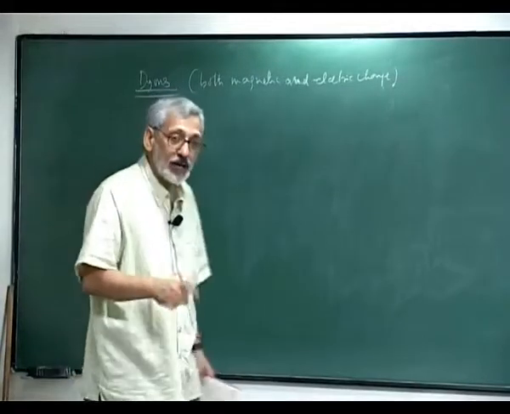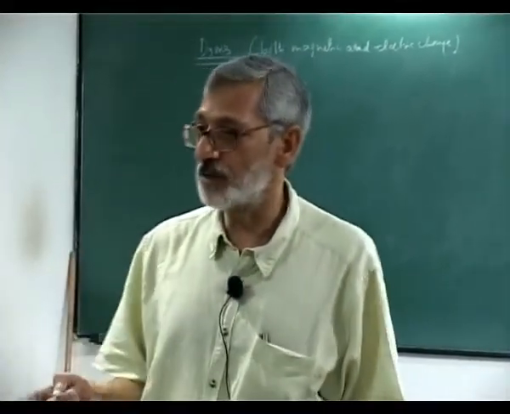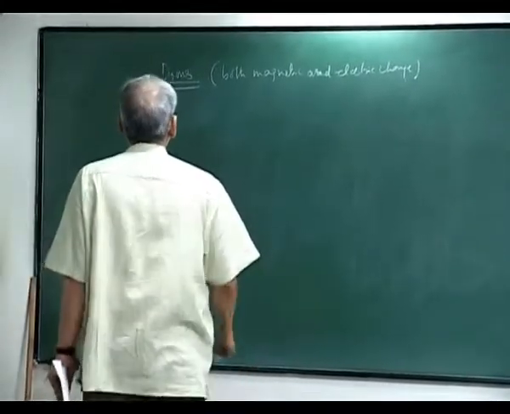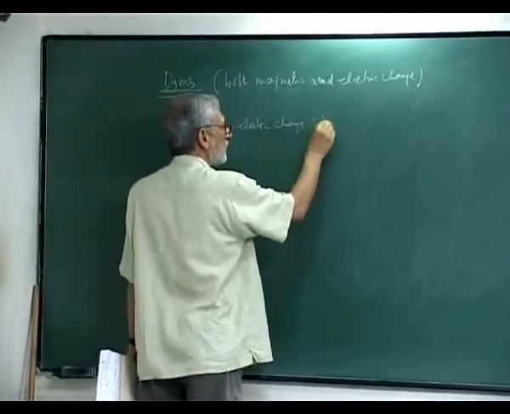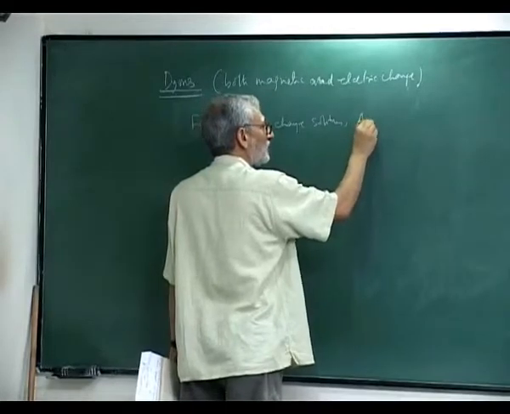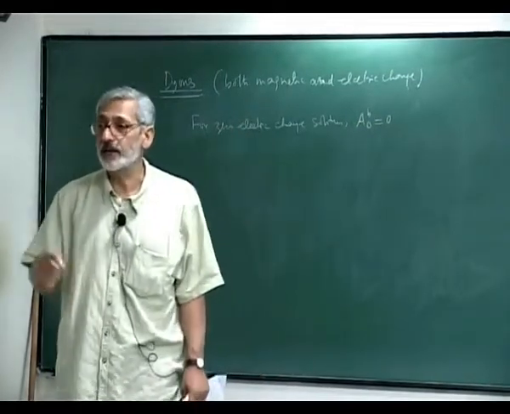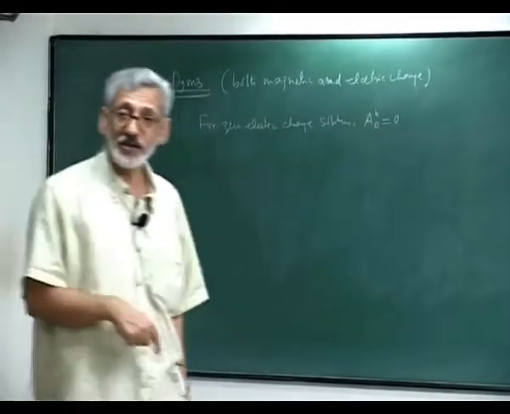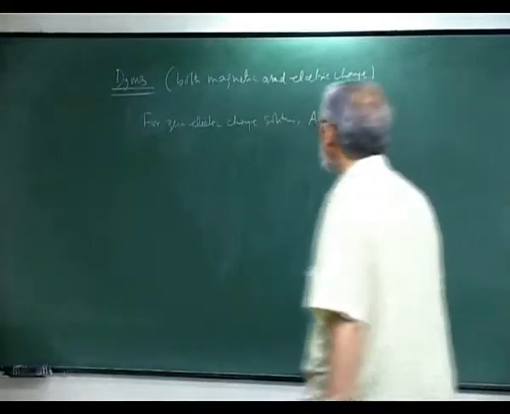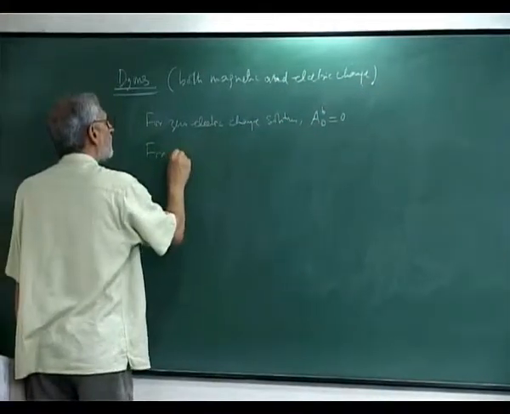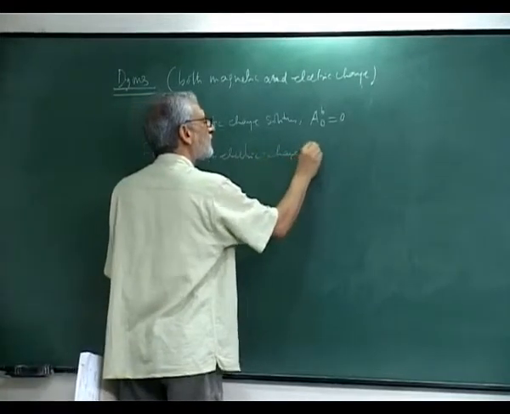Now recall, to study zero electric charge configurations, solitons, we had put A0 b equal to 0. For zero electric charge solitons, A0 b was 0, and correspondingly the non-abelian electric field strength was 0. But if we want to give them electric charge, A0 cannot be 0 and electric field strength cannot be 0. For non-zero electric charge solitons,